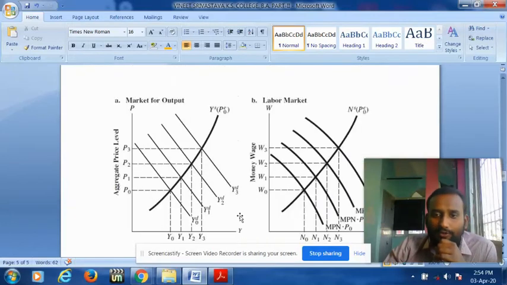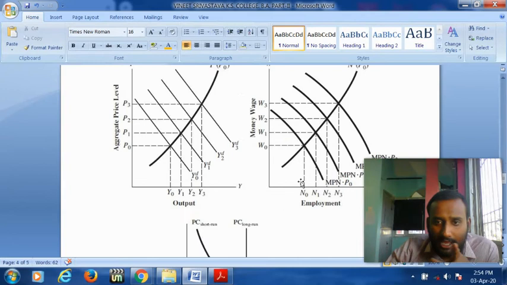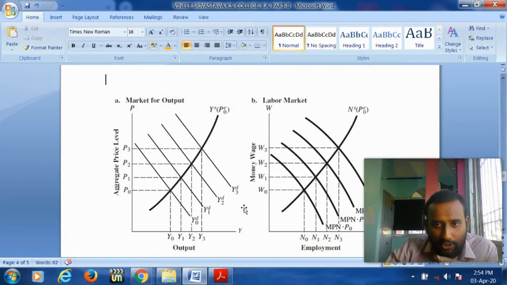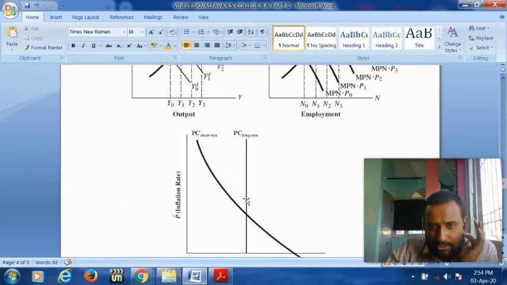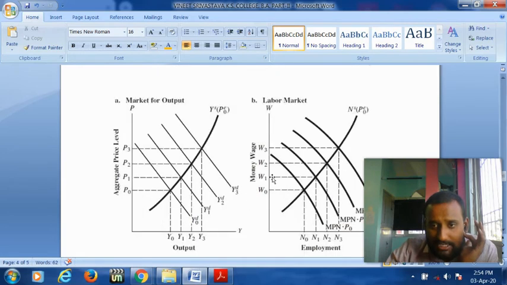In the long run, in the short run, we saw that as a result of a shift in the aggregate demand curve, employment and output start increasing. All right, we get a negatively sloping Phillips curve. But what does not remain constant in the long run, and what causes the negative relationship between the inflation rate and unemployment rate to vanish, is that the expectations of prices by